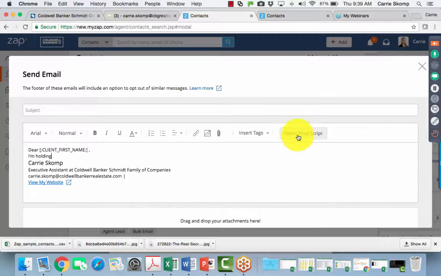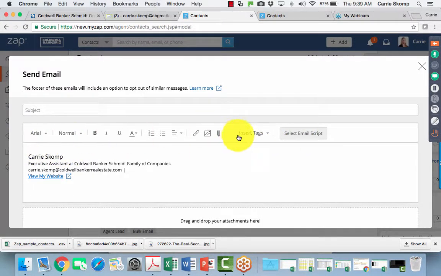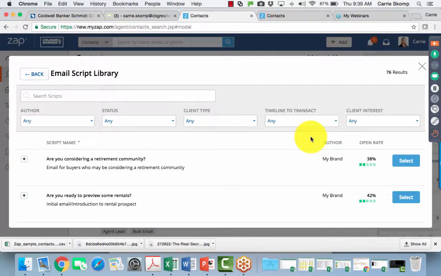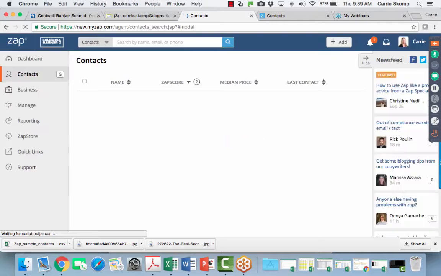Your other option is to select an email script. So don't do the work yourself. Let Zap do the work for you and select an email script. When you click there, it will take you to the email script library, and you can choose lots of options. So we're talking, for example, open house. So if you type in open house,